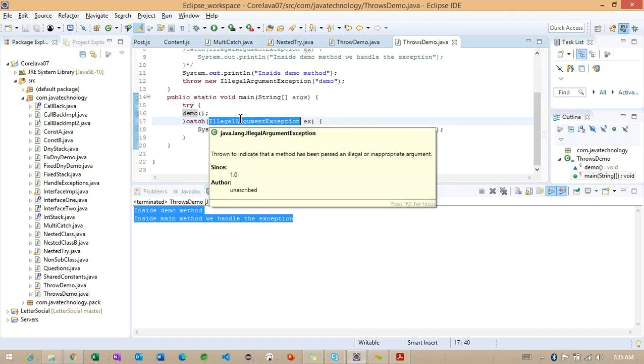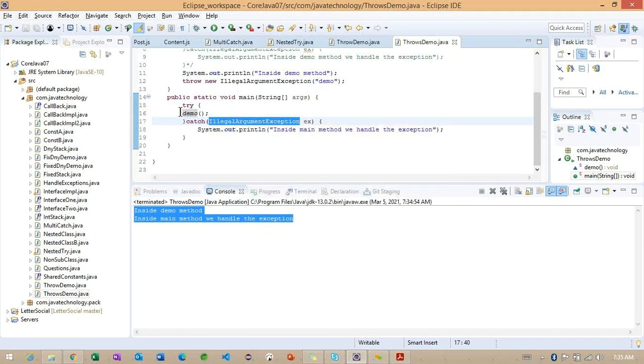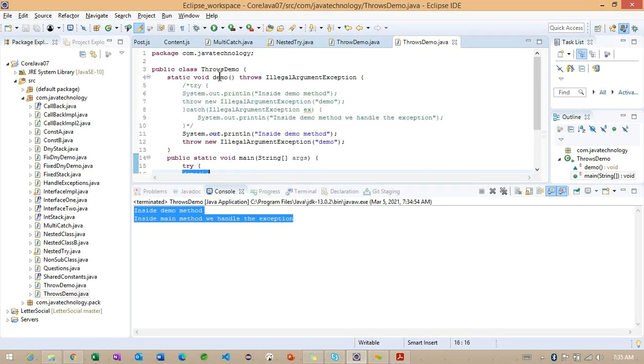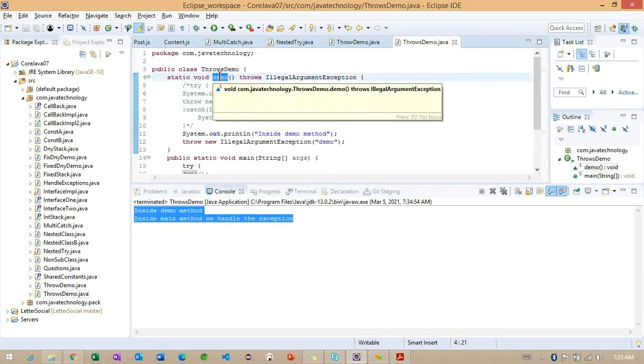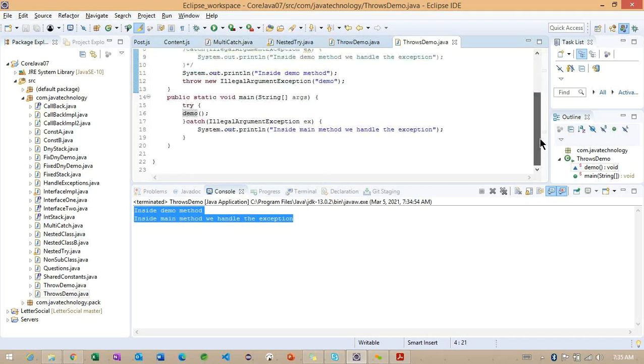So this is the way we can handle it in multiple locations. Where this particular demo is being called, and before calling also, we can handle it. And if you're not interested in handling it here, wherever we are going to get any exception, using the try catch block in the same location we can handle the exception. Or if you are working in one location, you can add all the methods to be called from the try block. So we can also handle the exception.